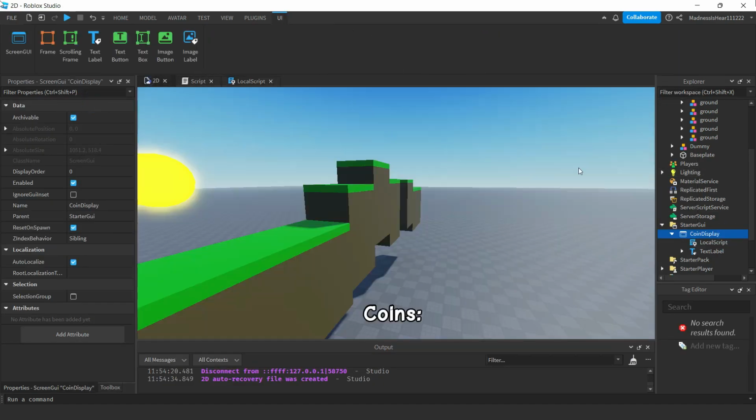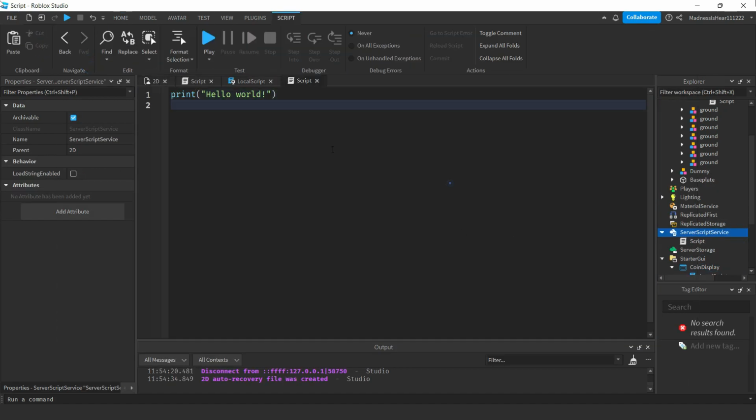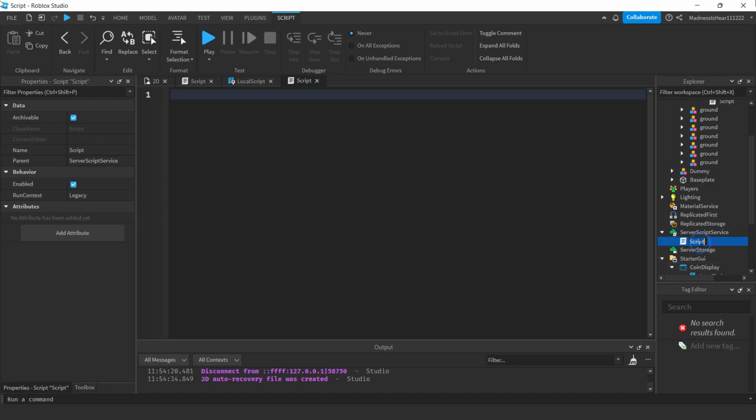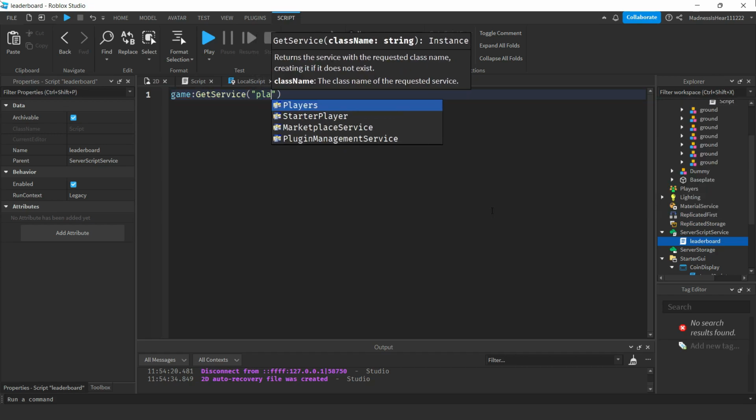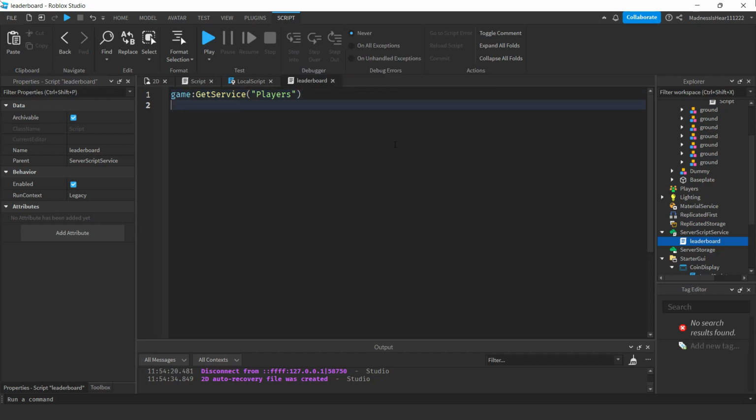But before we start that, let's make a leaderboard. So inside your ServerScriptService, we'll create a new script and call it leaderboard. Inside here, just follow what I write and I'll try to explain. So we'll do game:GetService("Players"), and there's actually another way to do this. It's called